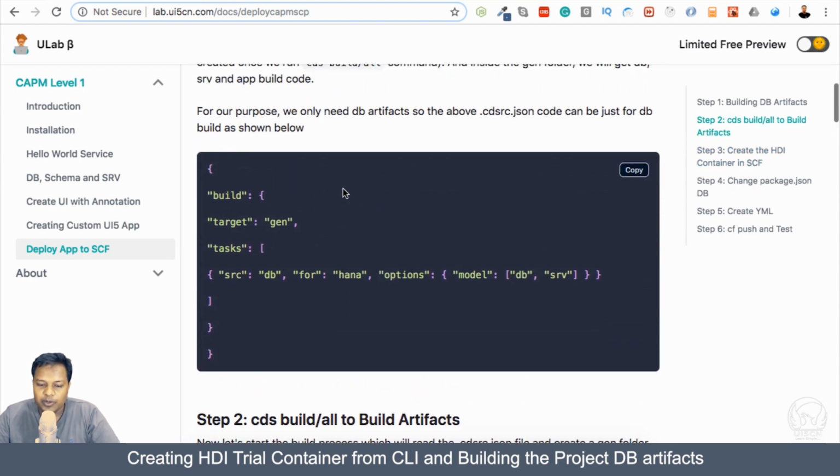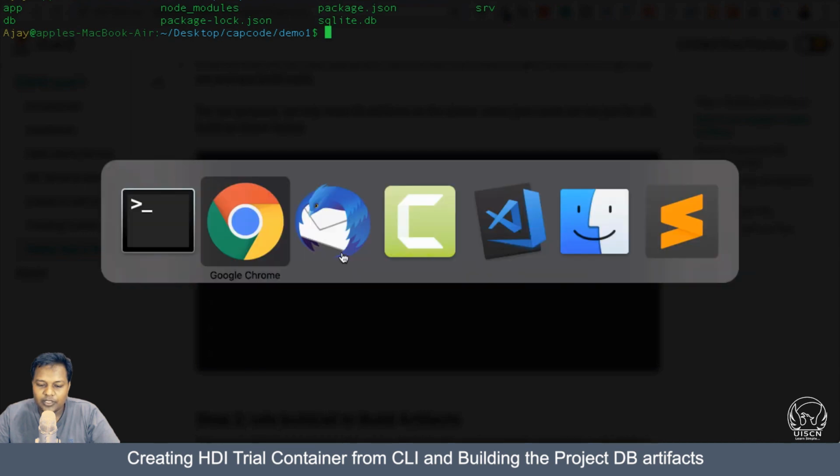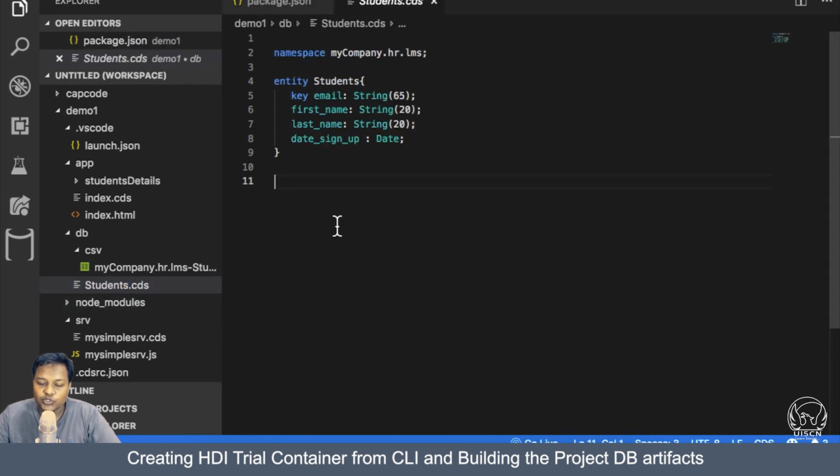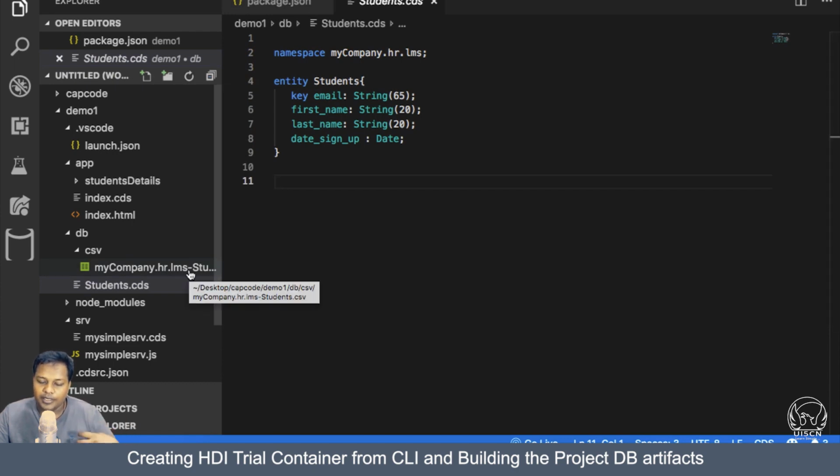we are going to build our project. So what is the meaning of building the project? When we build the project, in this case, we are basically talking about building artifacts. So we have the database folder. Inside that there is CSV data and the student.cds data. So this student.cds is defining the structure we are using in our project. When we run these artifacts in our HANA database, it will not consider CDS or the CSV data as the required format